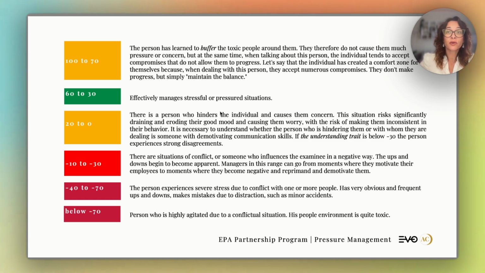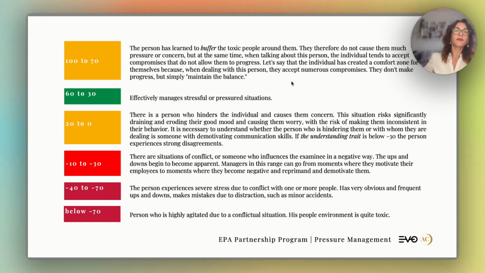Here you have your wonderful scale that you can learn and use to see where your client is at. Notice that the best range is between 30 and 60. Notice that when it's really, really high, 70 and upwards, the person may have learned to buffer the toxic people